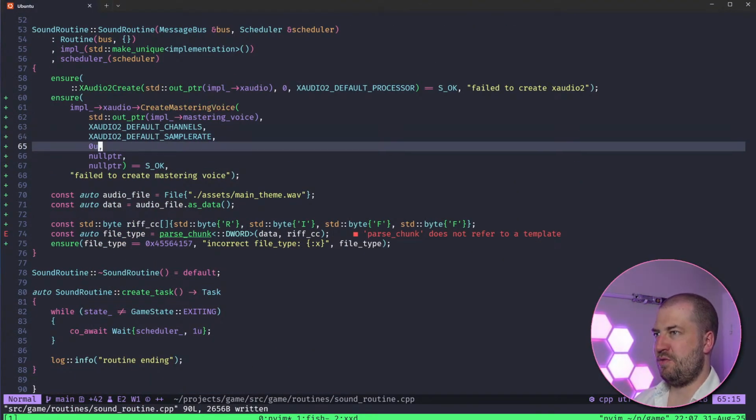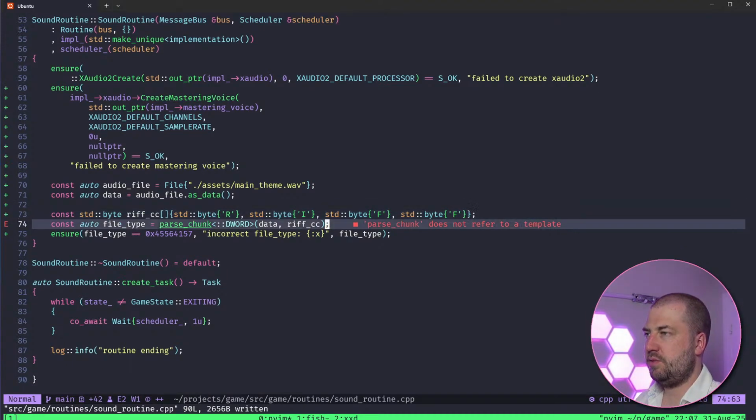You're saying it's better because I've removed the templates. So this will get riff chunk.